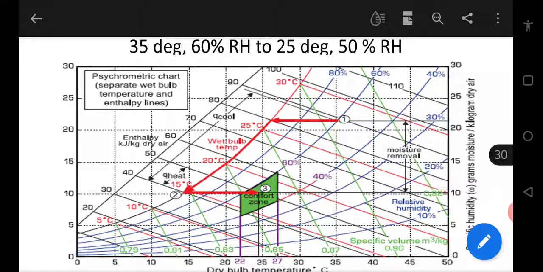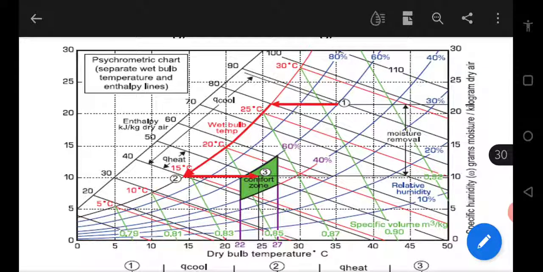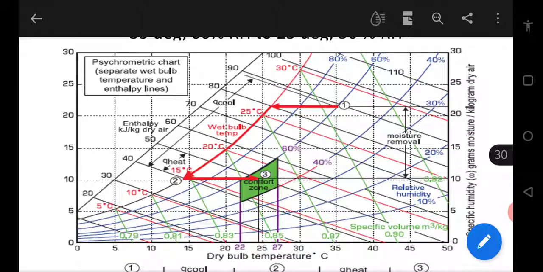The comfort zone normally lies between 22 to 25, or now 27 degrees centigrade, and the relative humidity should be somewhere between 40 to 60%. You can see here, it is cooled to saturation. At 1, the moisture is more than 21 grams of water per kg of dry air. But at condition 3, you want only 10 grams of moisture. So you have to remove 10 to 11 grams of water from the air. You are cooling it to the saturation line so that the water gets condensed. We get to the dew point temperature, water gets condensed, and that is dropped off.